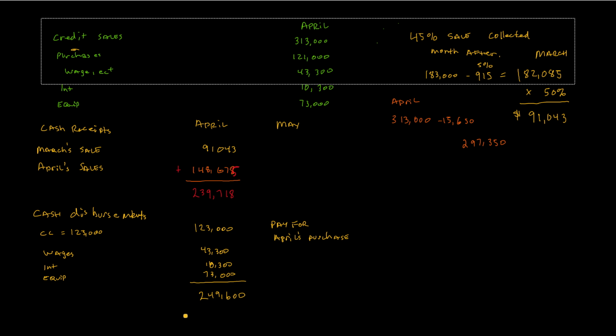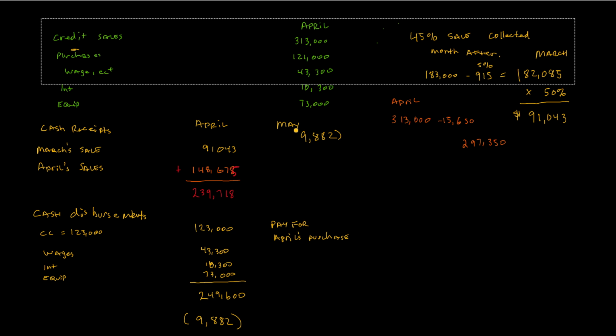That means we're short 9,882. Now, what this problem doesn't ask for is financing. They don't tell us what the minimum required balance is, or the minimum balance that the company likes to have on hand. So in May, we're starting off in the hole